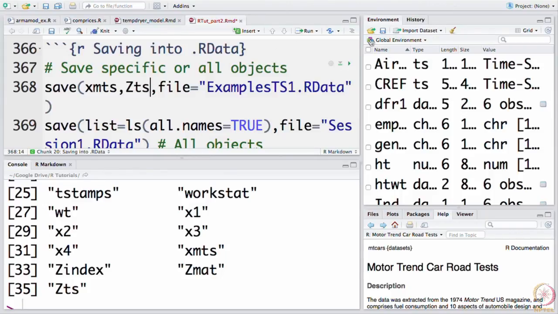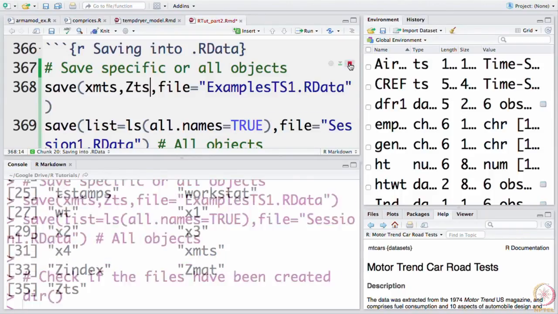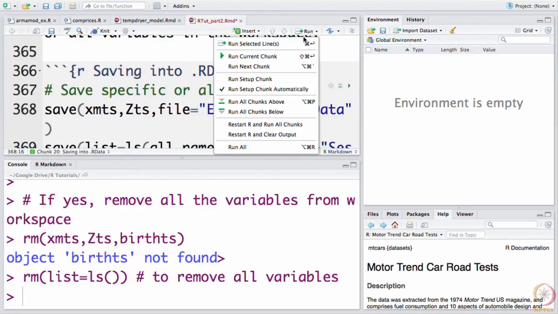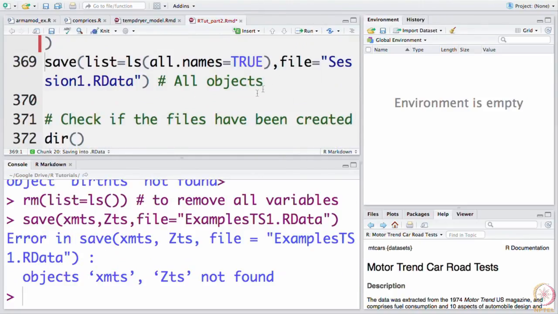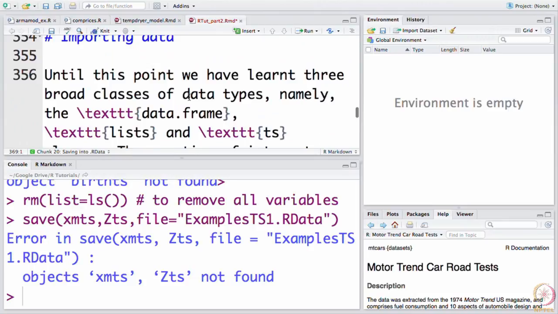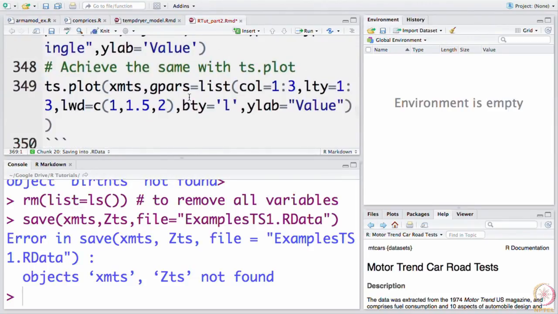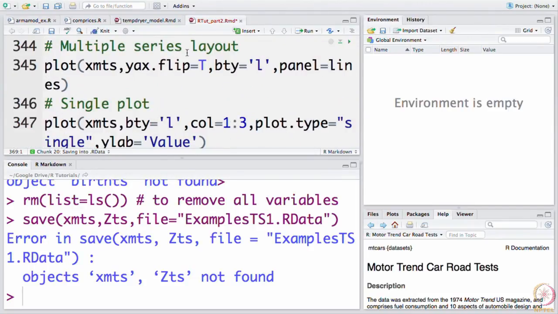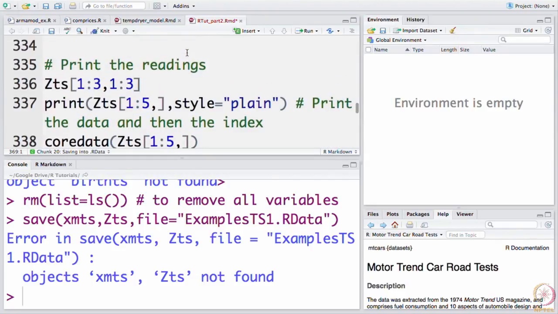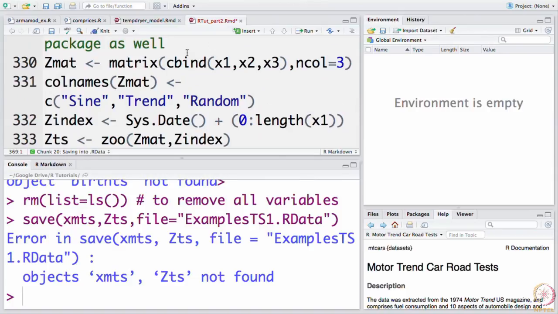So, when I run this command here, no, sorry, I do not have xmts either. So, let me first create it. Go back, it says I do not have xmts either.